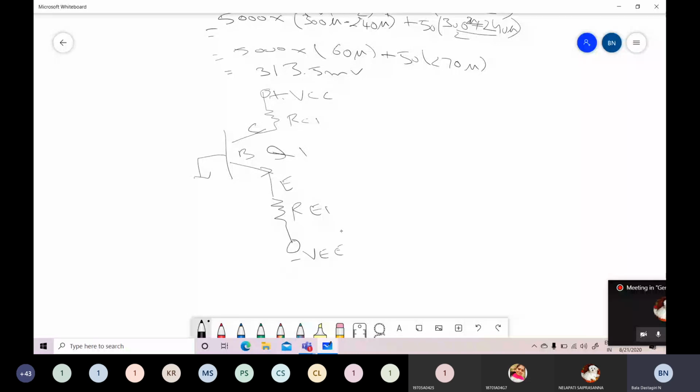So in order to design a differential amplifier, we require two identical emitter biased circuits. So now take one more emitter biased circuit which is identical to the first one. Identical in the sense that these have the same values and same characteristics. So Q1 and Q2 are the two transistors which have the same characteristics. So RC1 is equal to RC2, and RE1 is equal to RE2, and the value of VCC